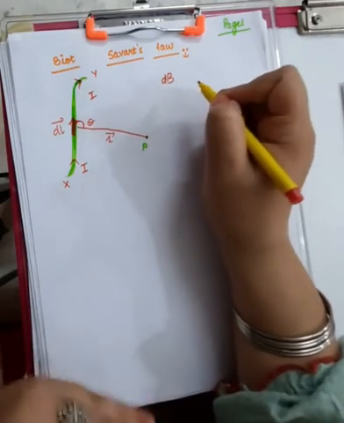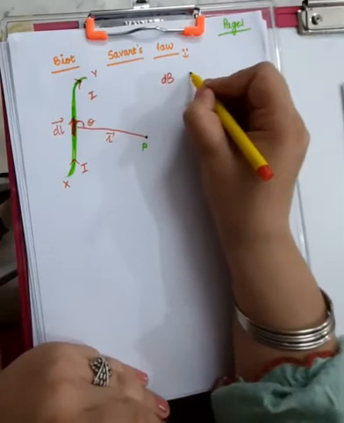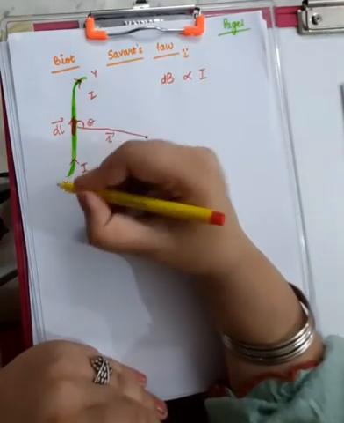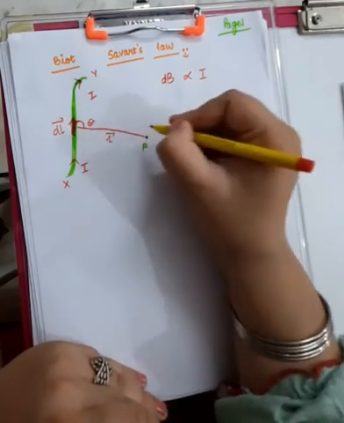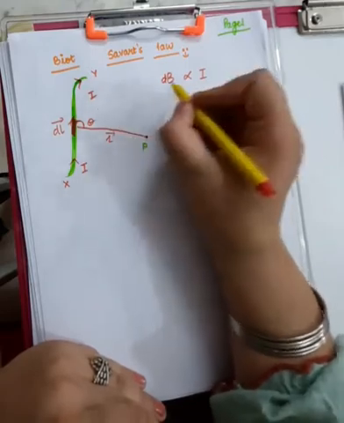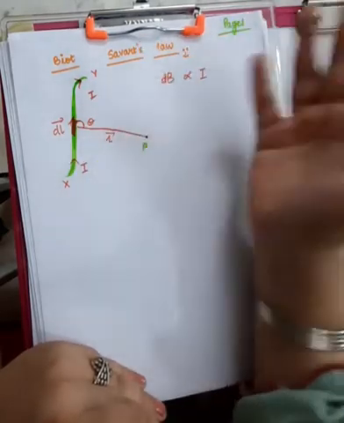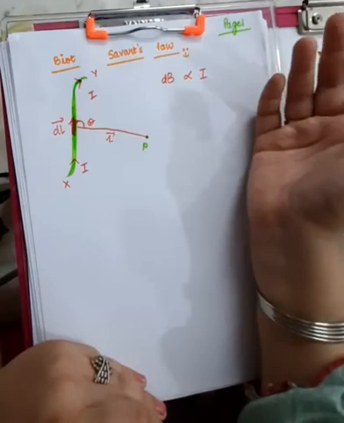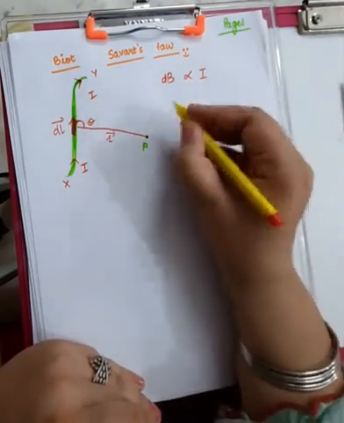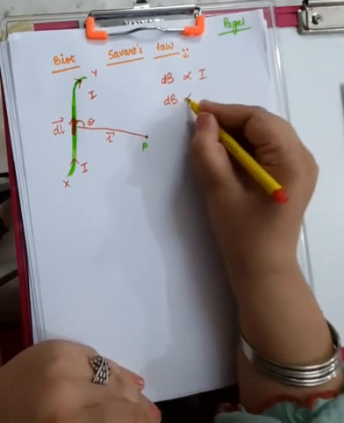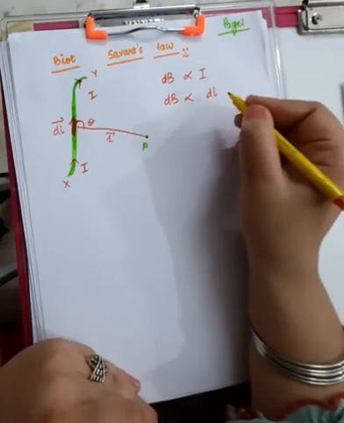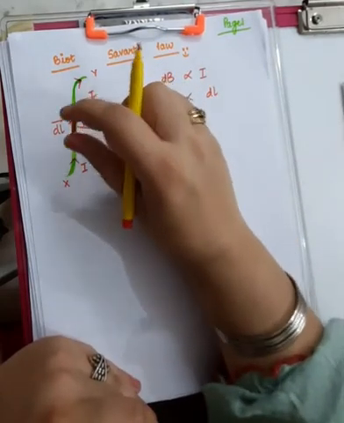dB means magnetic field. So magnetic field will depend upon the amount of the current flowing through the wire. More the current flowing, more will be the magnetic field produced. Okay, got it? If the current is twice from I, the magnetic field produced will also be twice. So dB is directly proportional to current. Moreover, dB is directly proportional to dl. dl means the length of the current element that you have chosen.